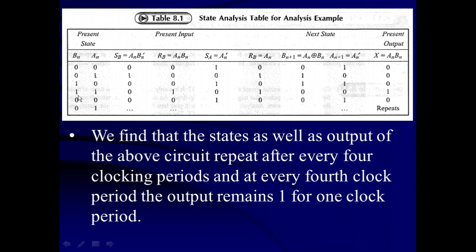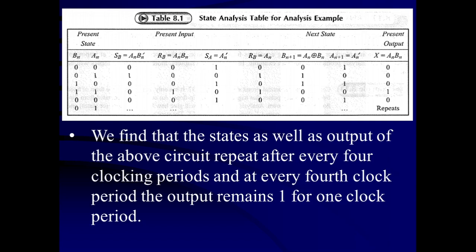Now the next output was 1 1. That is going to be added over here. So this becomes the present output 1 1. Again by substituting we are getting this one and the next output becomes 0 0. So after 4 clock pulses, again this next output becomes the input for the present output before the 5th clock pulse. And we can see that at the 4th clock pulse the output becomes high. So this way the state analysis table or state table can be prepared.